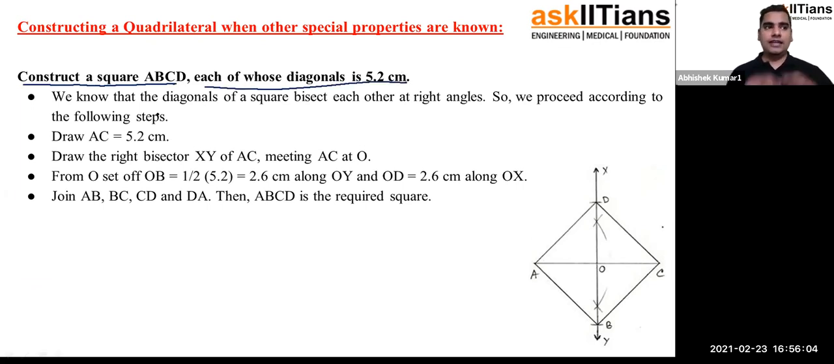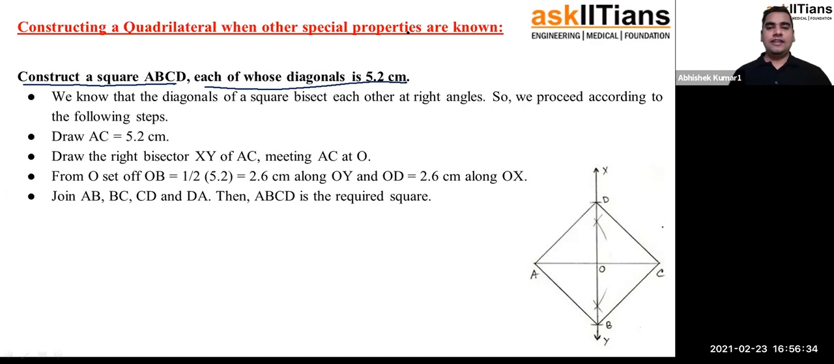So here, whenever you have to construct the special type of quadrilaterals, it's very, very important to be aware of the properties of all the special types of quadrilateral, like parallelogram, square, rectangle, rhombus, kite, everything. The properties of those special types of quadrilaterals should be on your fingertips, because if you know the properties, it becomes super easy for you